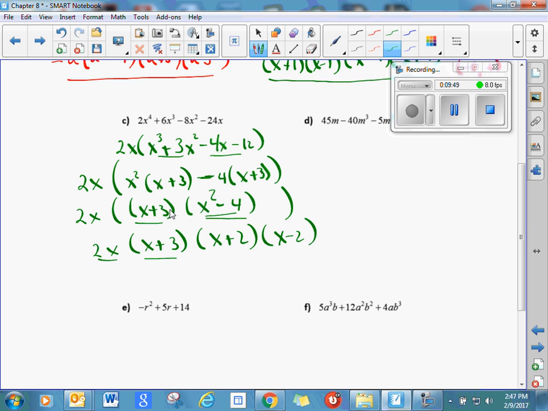I want you to notice that this 2x is not distributed. There is no addition or subtraction going on once you pull out this common factor of x plus 3. So you don't need this extra set of parentheses, and you don't need to do anything with this 2x at this point, because he is not going to be distributed, because we've gotten rid of all the addition and subtraction